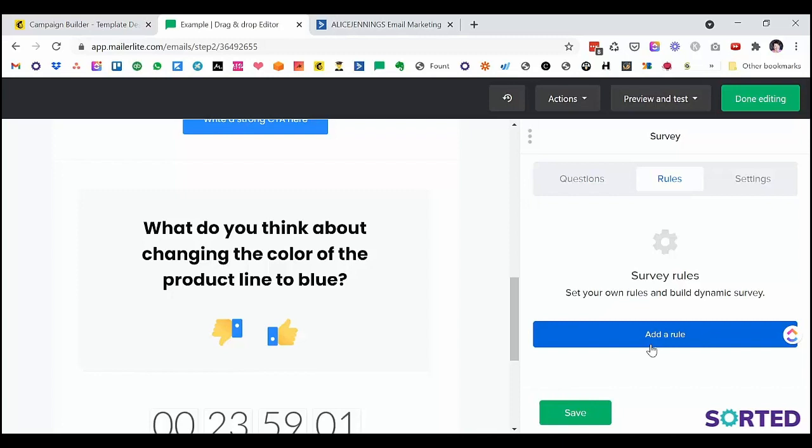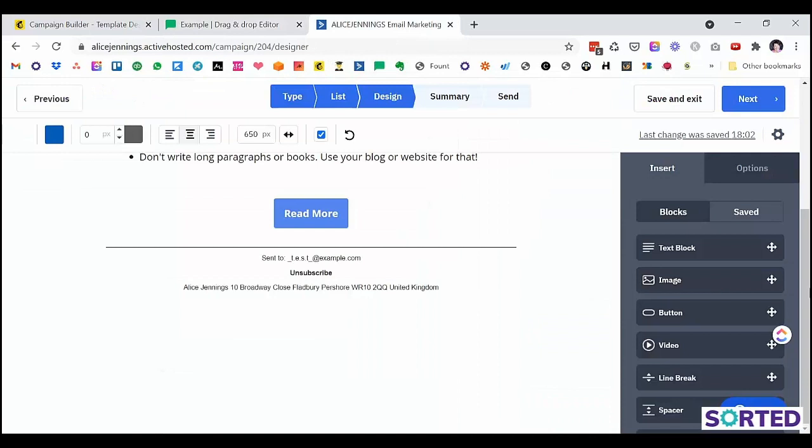So if I said yes to, would you be interested in a particular workshop, I might be sent an email with more details about it. And if I said no, I might be sent an email saying, thanks very much, is there anything that you would like a workshop on? So that is MailerLite. Finally, we will have a quick look at